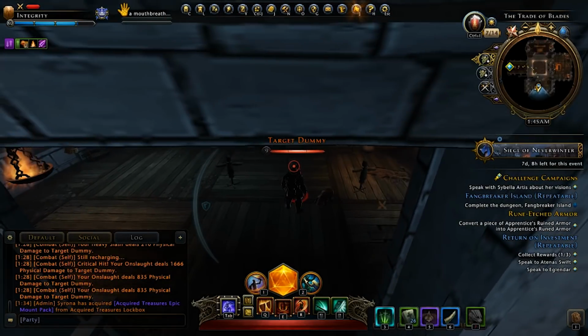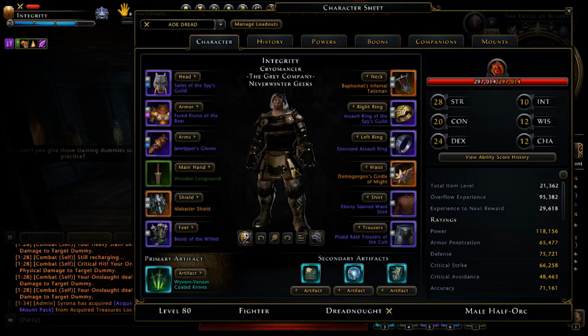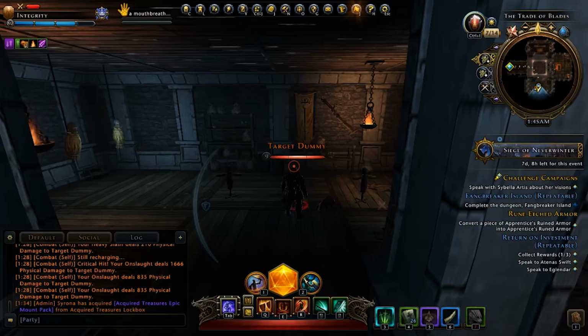Okay, guys. Today I'm going to talk about my AoE rotation. This isn't a full build video. I'm not going to do that. Probably the most important thing you need to know about builds in general is that you need to get the right stats. You need 68k armor pen, 68k accuracy, as much power as you possibly can, and 68k critical,